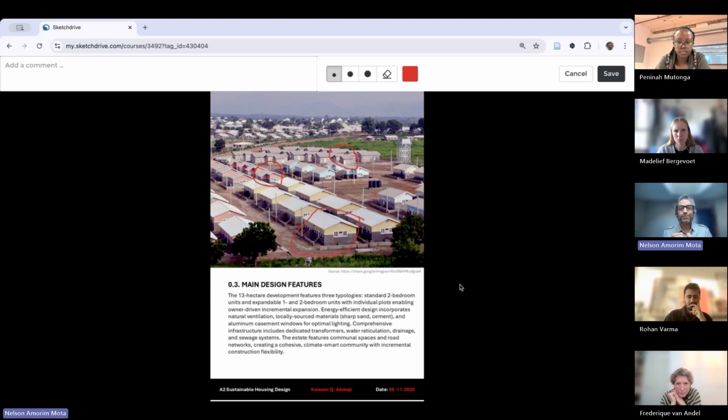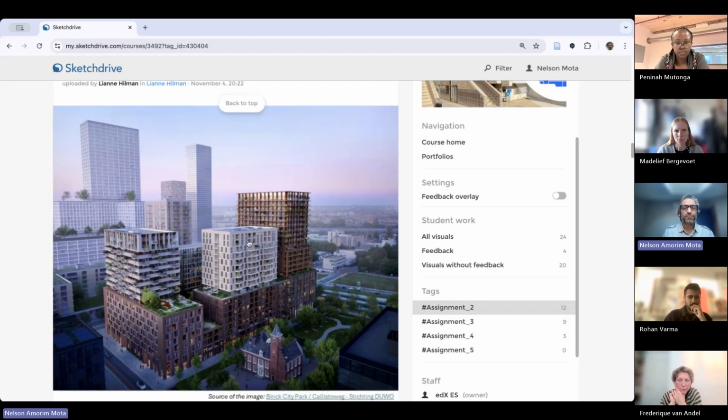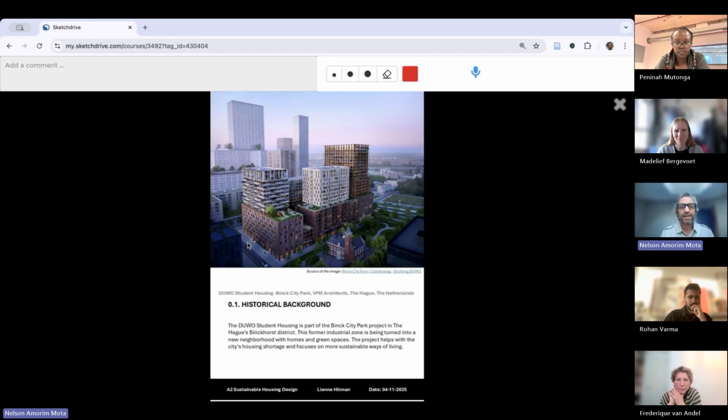So this also shows how even in affordable housing developments, you can still have variations of types and try to accommodate different ways of living, different patterns of everyday life. But then when we move to a completely different context, in this case, the Netherlands,